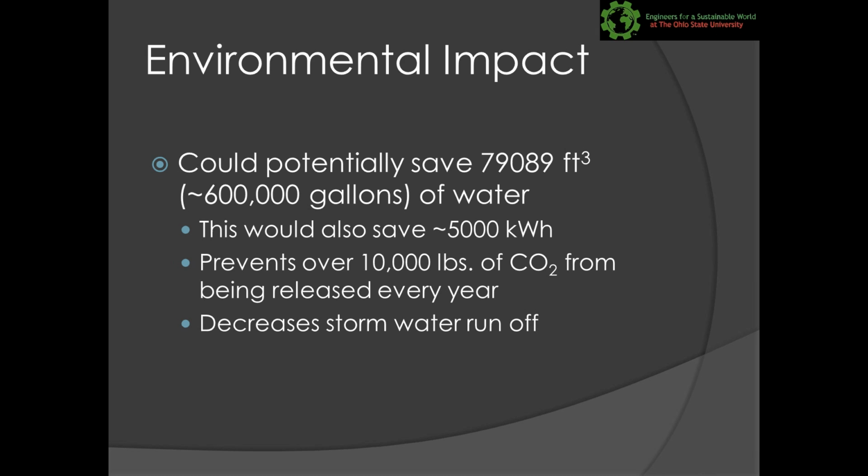And we found that when you save 600,000 gallons of water, you can save approximately 5,000 kilowatt hours every single year, which is a great number to have. Not only that, it would also prevent over 10,000 pounds of CO2 from being released into the atmosphere every year, which is an astronomical number. And later we'll show what the significance of that is compared to the output from actually building the system. It also decreases stormwater runoff, which is a big problem in cities because it leads to lots of erosion, especially since we have the Olentangy River right next to us,